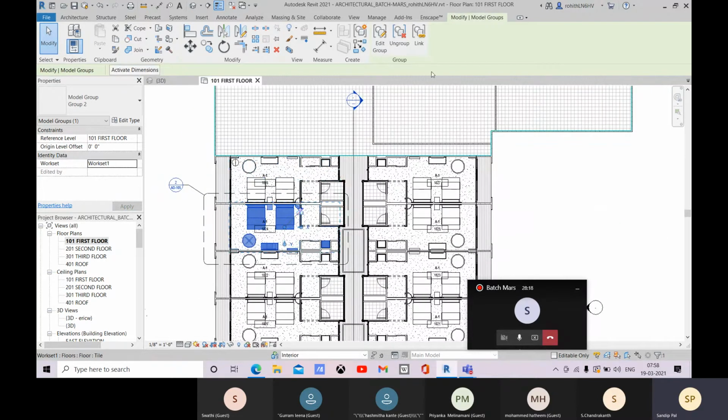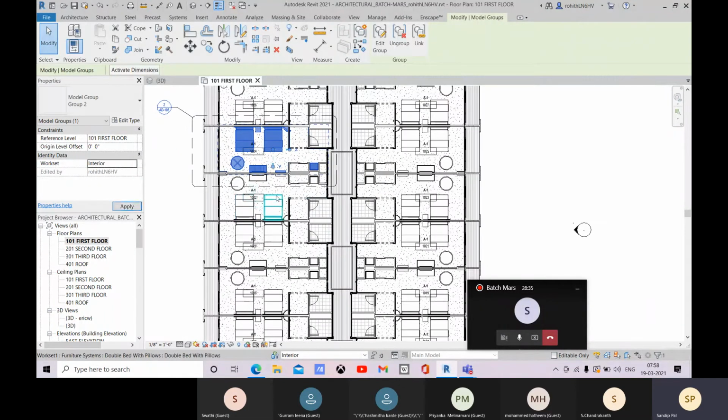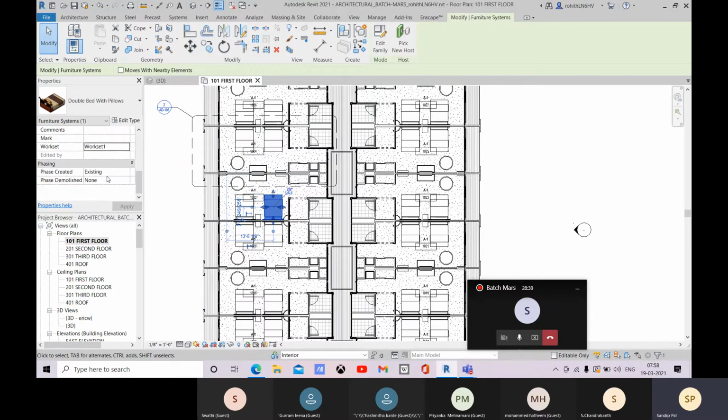They are already grouped. They are created as a group. So you can do it like that. It will be easier for selection. So let me do that. Here you can select one by one like this, and then you can define this as interior.